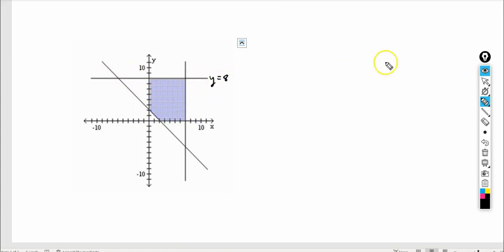And we would want y equals 8 and everything underneath it. Oh, also this is confined to the first quadrant, so we have to have these in there. And then we would want x equals 8 and everything underneath it restricted to the first quadrant,